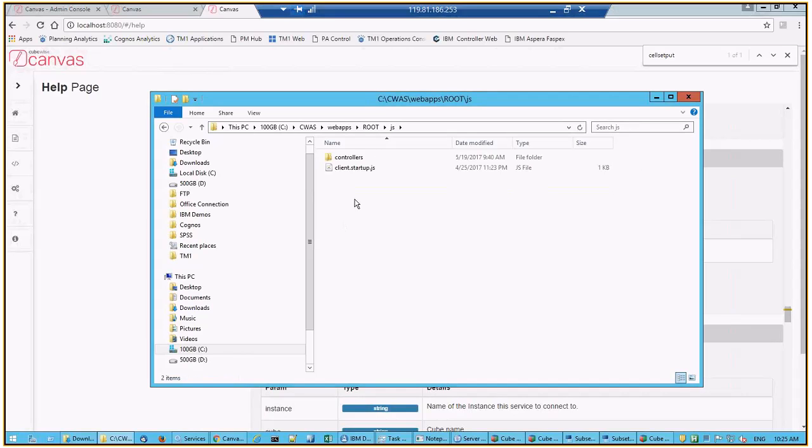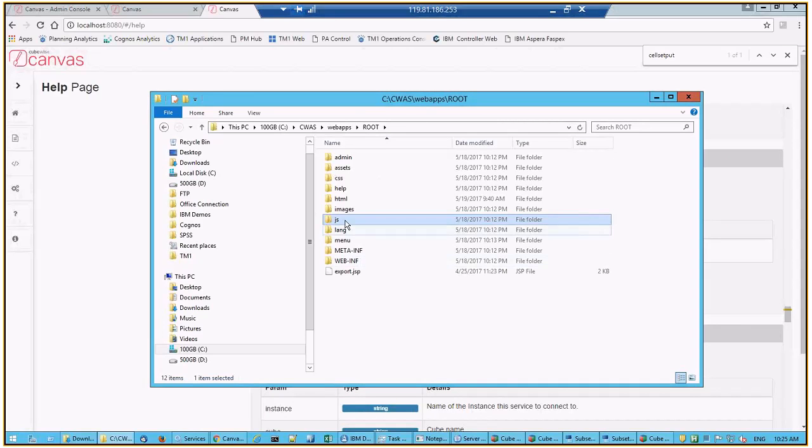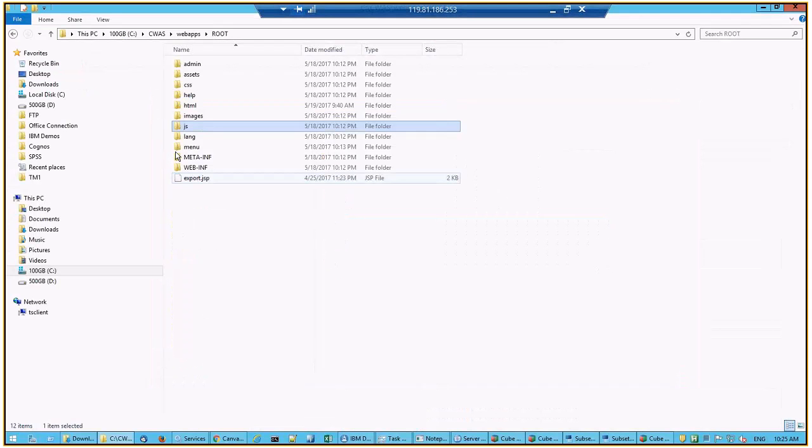Everything that is in JS will be automatically recognized and included. I believe if you write a module, you probably have to add it in there, and